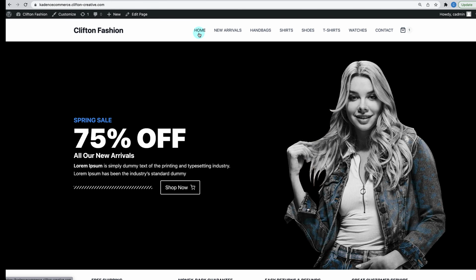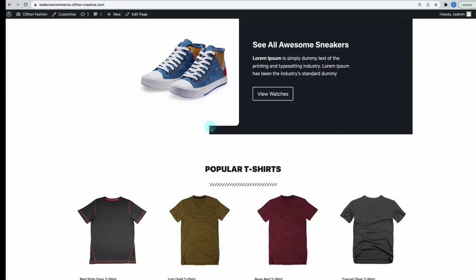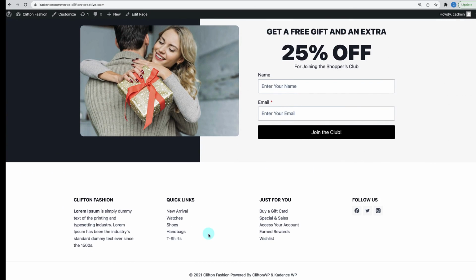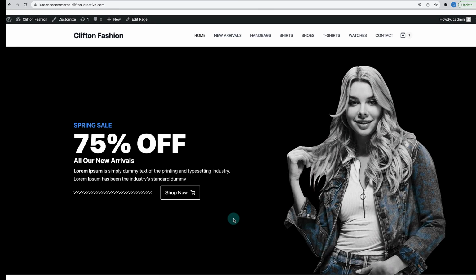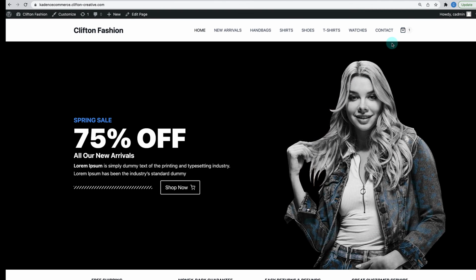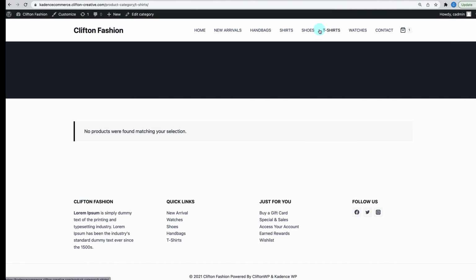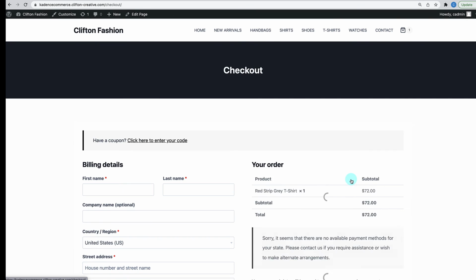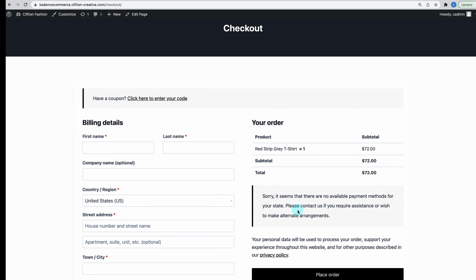If we go to the home page here, we have all our products nicely put with our opt-in, and our footer is built, our header is built, and our cart pages and category pages all look great. So the next thing that we need to do now is what about our checkout, right? So you notice when you go to the checkout, you'll see here that it says, sorry, it seems that there